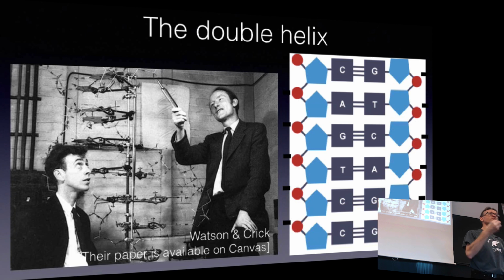And suddenly you have an obvious explanation for the Chargaff rules. And then they started to build these molecular models you see there on the left, and it fit the structural data completely. And you see, this point is that this explains the Chargaff rules. There was no obvious reason in the Linus Pauling model why we would have the Chargaff rules.